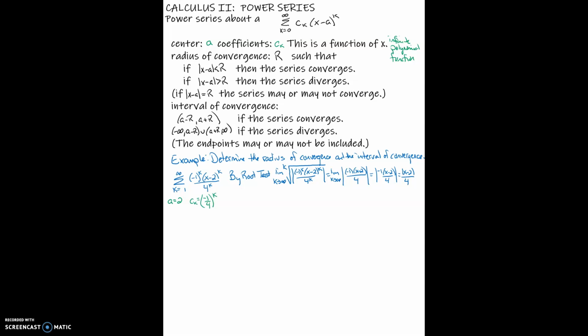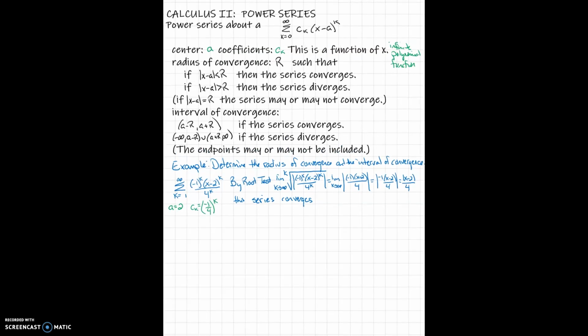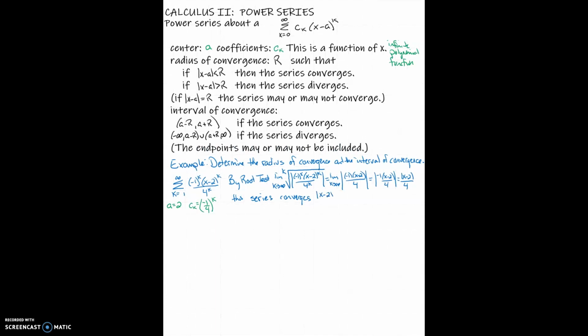And if you remember the root test, this series converges as long as that limit, which we simplified down to the absolute value of x minus 2 over 4, as long as that value is less than 1. Of course, we can clear the fraction on that and get that this converges for the absolute value of x minus 2 less than 4. Thus, the radius of convergence